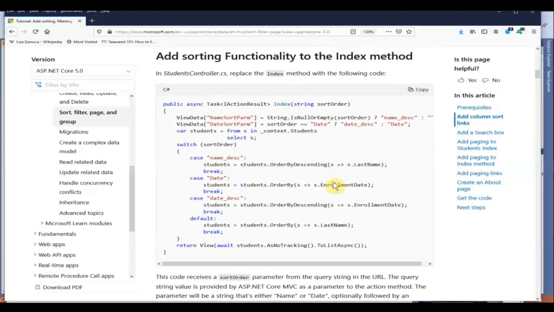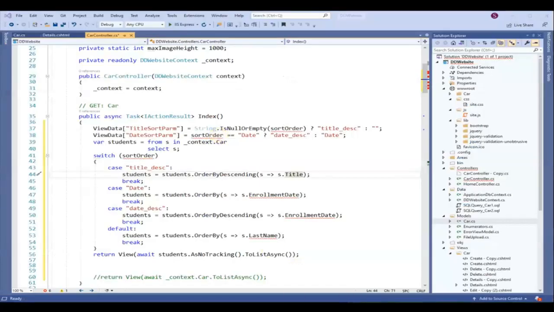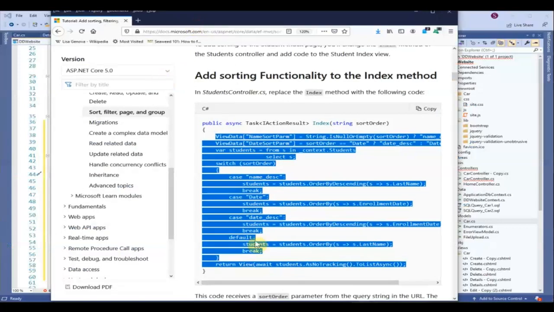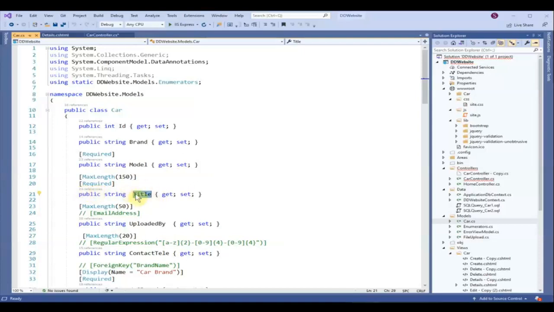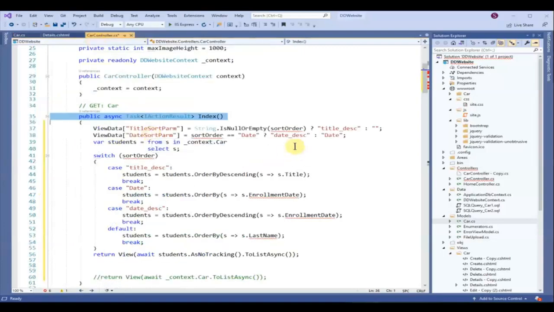Okay, so to start, I have just cut and pasted this part into here, and changed this, so what we are interested in is the title. In the car there is a field called title which describes the details of the car, so we want to sort on that. So the sort order will be title. It will be descending, or if not, it can be something else. And the date sort parameter. So this is the date inserted we are going to use. Probably we might introduce